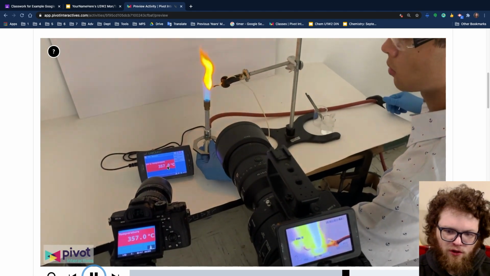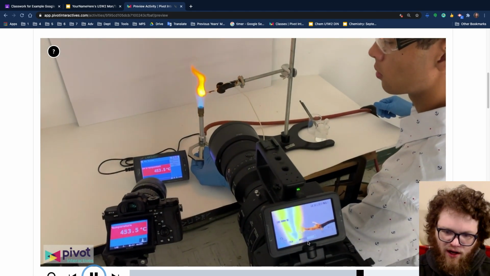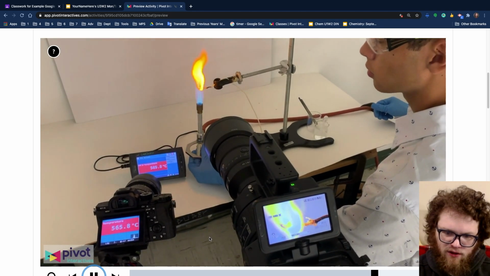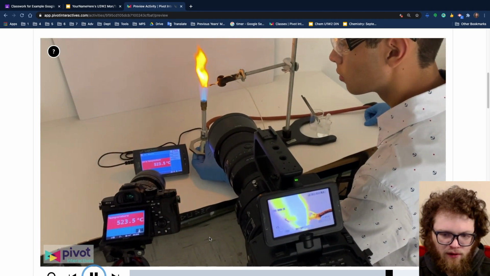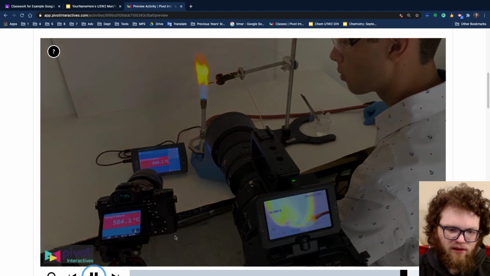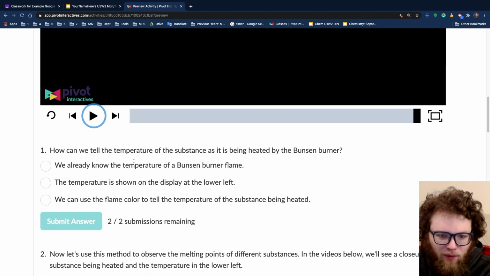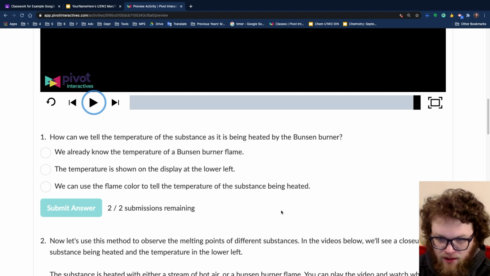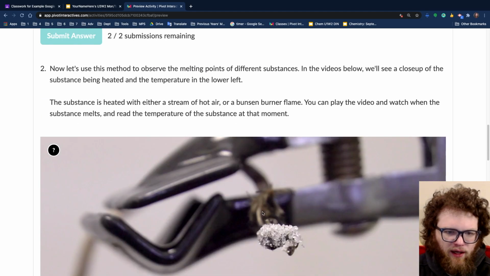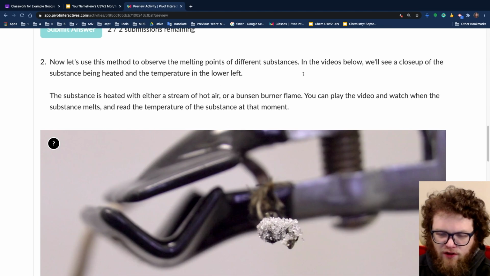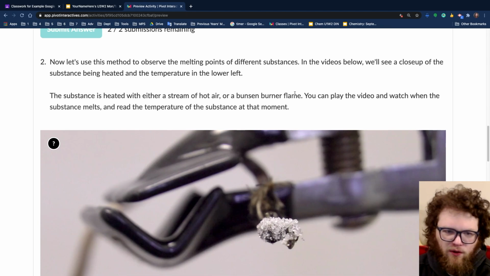And now we can see the temperature going up. And we've got this very nice camera that's zoomed right into it so we can watch it begin to melt. We can see it begin to melt and then see what the temperature is over there. So how can we tell the temperature of the substance as it's being heated by the Bunsen burner? Well, I think you can see that from the video. Now let's use this method to observe the melting points of different substances. In the videos below, we'll see a close-up of the substance being heated and the temperature in the lower left. The substance is heated with either a stream of hot air or a Bunsen burner flame. You can play the video and watch when the substance melts and read the temperature of the substance at that